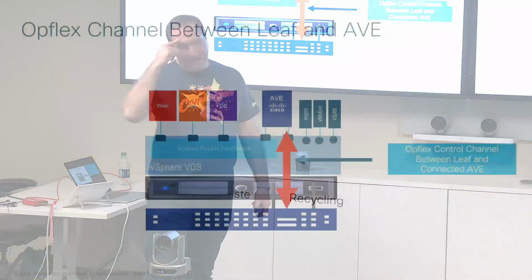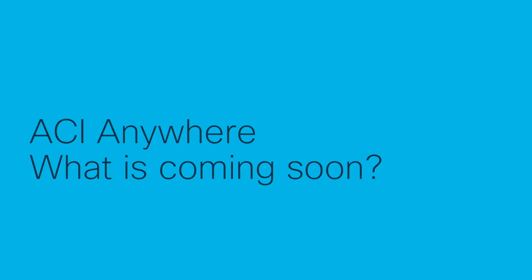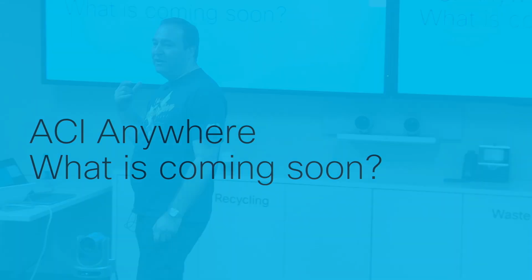The important thing for you guys to keep in mind here is that AVS and now AVE use an OpFlex control channel between the leaf and the forwarding engine, right? Basically, that OpFlex channel programs the control plane. Let's just leave it at that. There is a reason I'm pointing this out, because as we move to the next version of features that are coming out soon, it will make a difference. So all of this, AVE included, is already shipping. Customers are using it, and everybody is happy as far as I know.